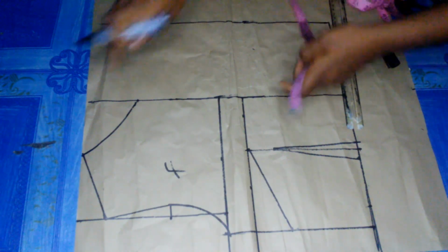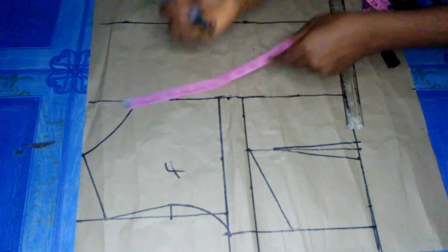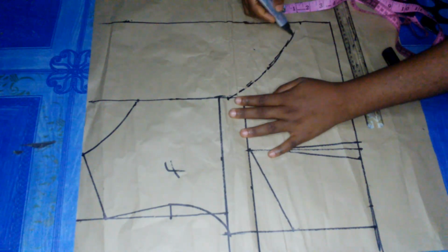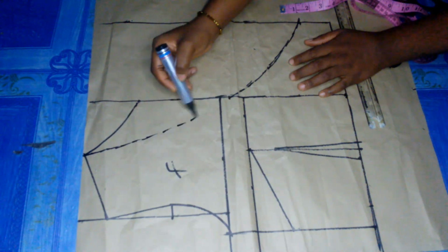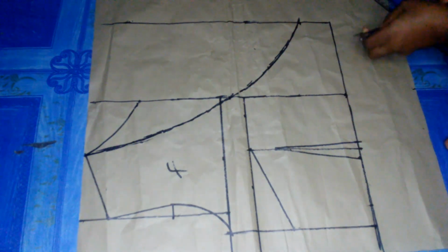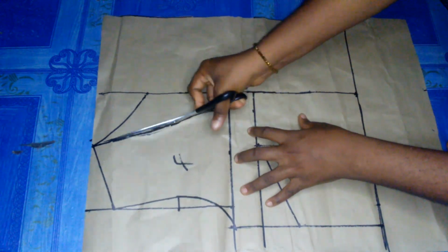So at the center of our front I came out by 6 inches, and at the shoulder I came down by 9 inch, and at that 6 inches I came up by 2 inches. So I'm just going to join the points together like so. From our neckline I'm now going to mark a curved line to that 9 inches that I came down from to get our wraparound curve. So our front is basically ready. We're just going to cut out